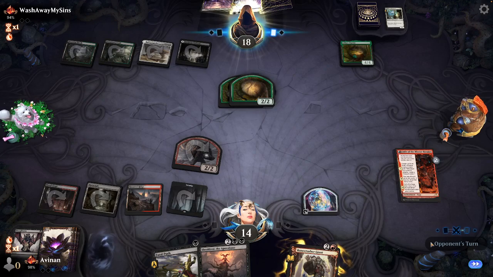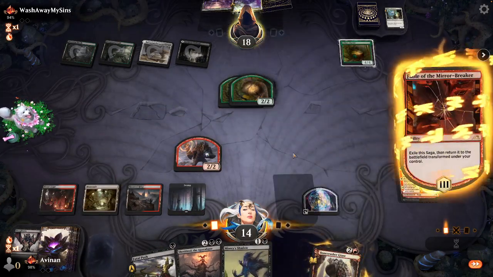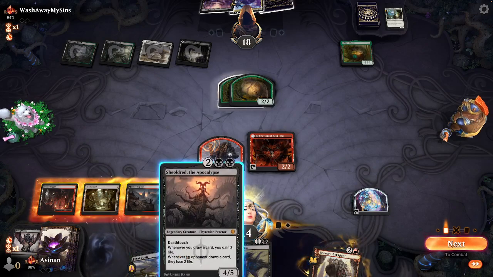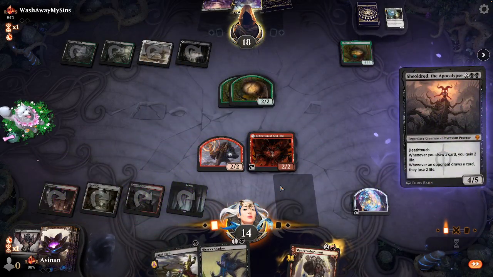I don't think I can kill one of these right now. Misery Shadow is kind of nice here. So is Bone Crusher, but I think we just play Shieldred, because now it's just really awkward for them if they want to